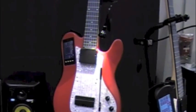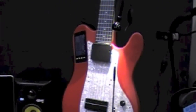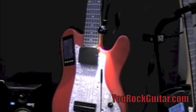Do you know what the price point on this will be yet? Right now, we're tentatively telling people it is going to be $699. Obviously, we're still very early in development stages, so at some point we may come back and change it, but right now $699 is what we're